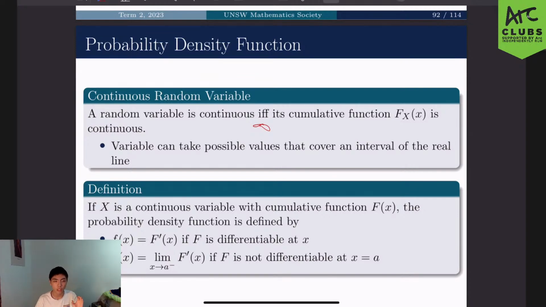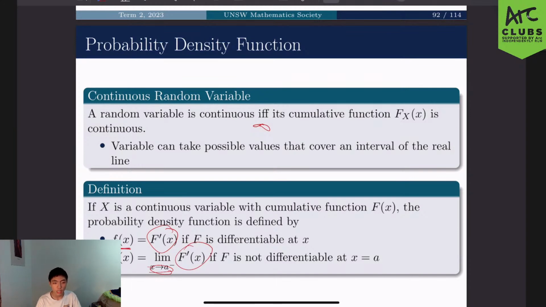The probability of this value being equal to just one particular value should be equal to 0 because it's infinitely thin, right? It makes no sense. So what we are doing instead is looking at the probability that it lies between two values, so our interval here. So we can find the PDF, the probability density, by differentiating the cumulative distribution function, and also the limit